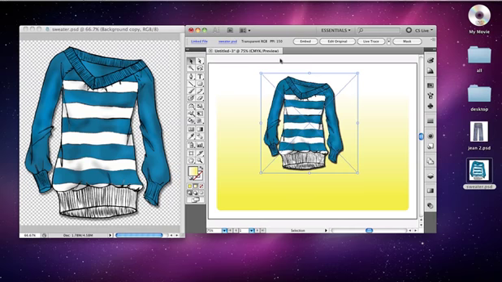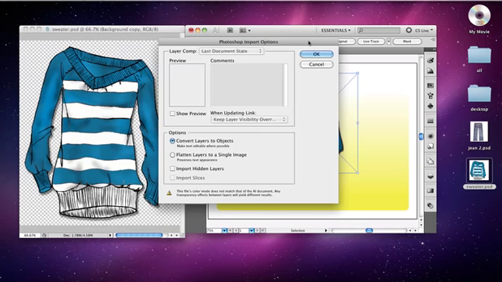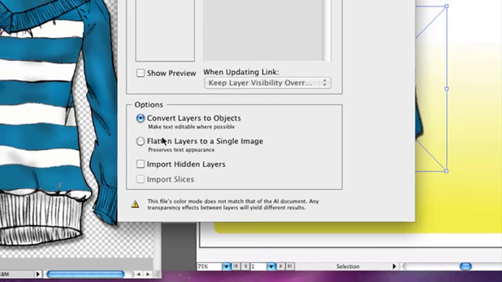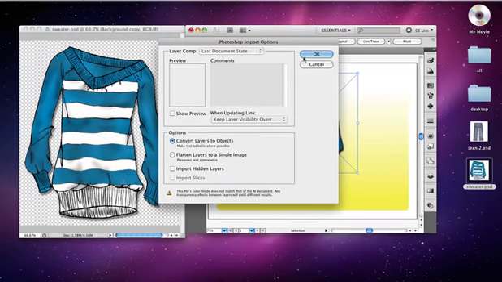Now, if you want to work with any layers, multiple layers that were in the original Photoshop file within Illustrator, what you would then need to do in order to have those separate layers is to now embed the file. And once you click embed, the option for convert layers to objects is the one that you want to choose so that all the layers will then be separate. And once you hit OK,